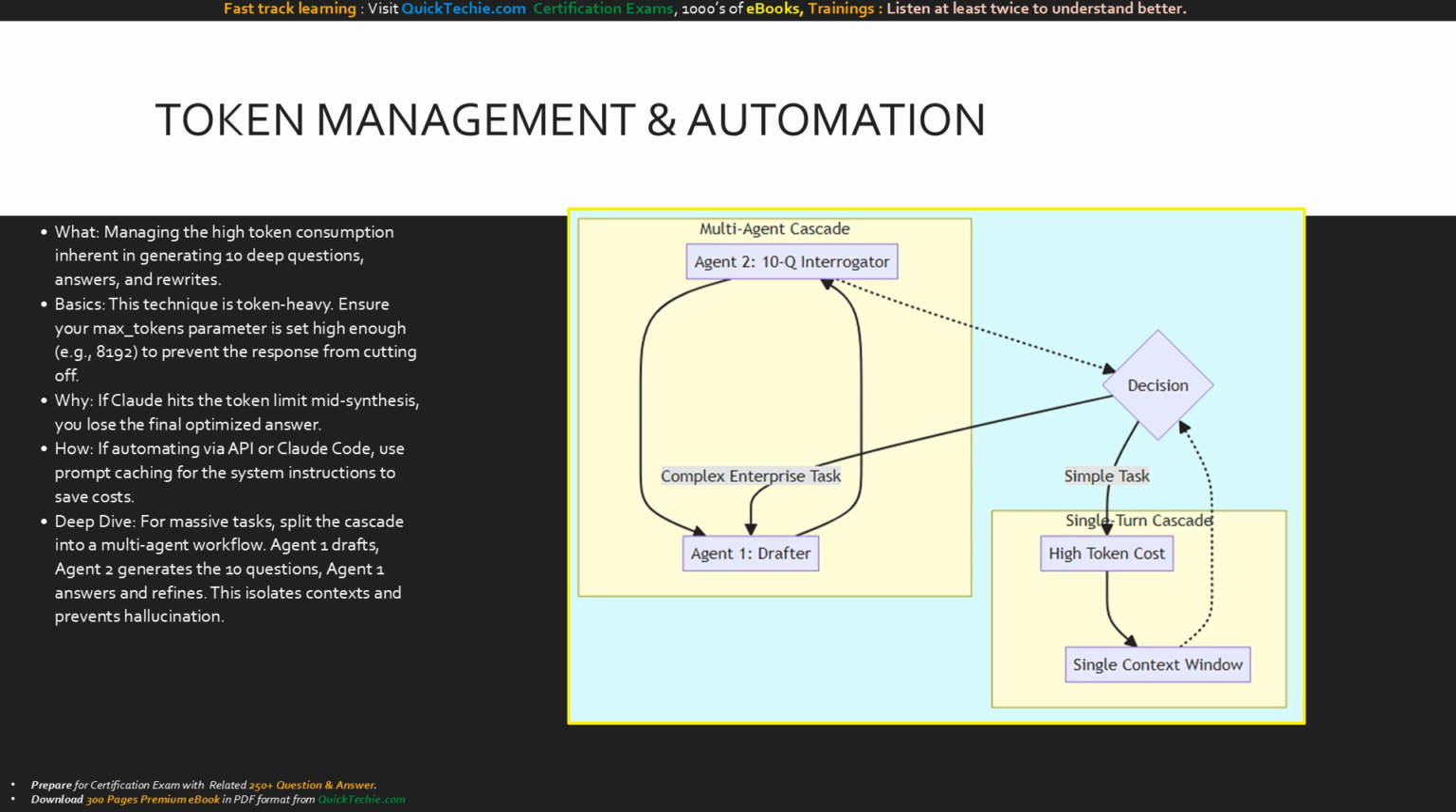This architecture diagram compares the two automation paths. On the left, the single-turn cascade uses one context window, which is easier to set up but carries a high token cost. On the right, the multi-agent cascade separates the drafter and the interrogator. The decision node at the bottom shows the rule of thumb. Use the single turn for simple tasks, but for complex enterprise tasks, route to the multi-agent architecture to preserve token